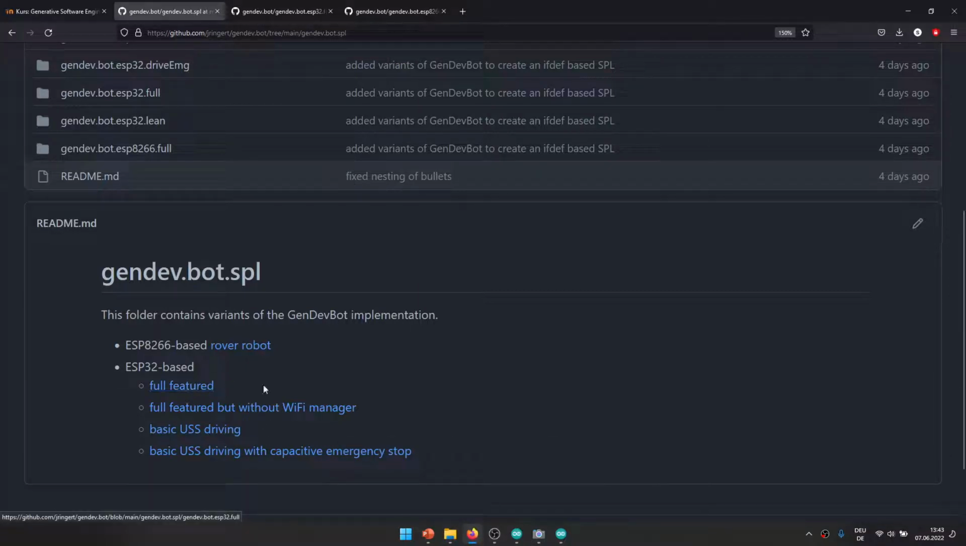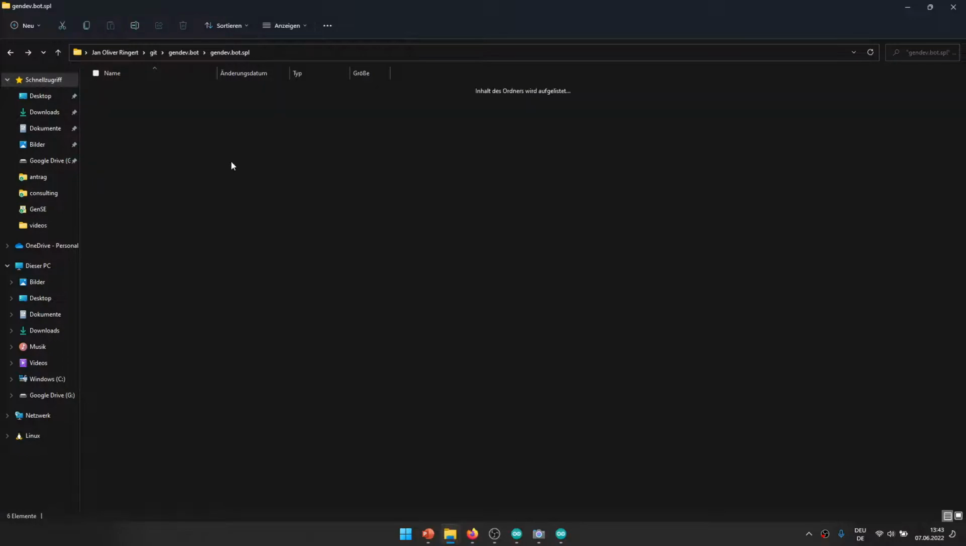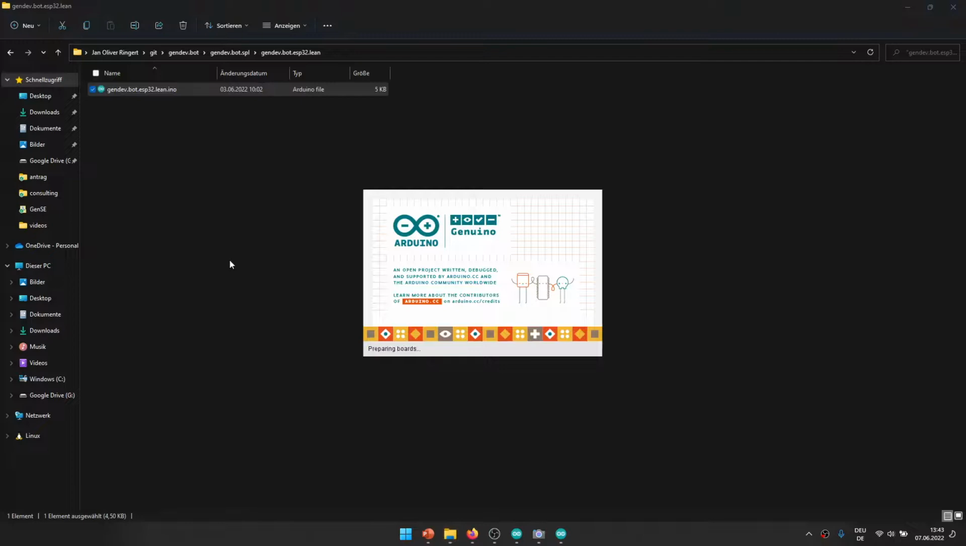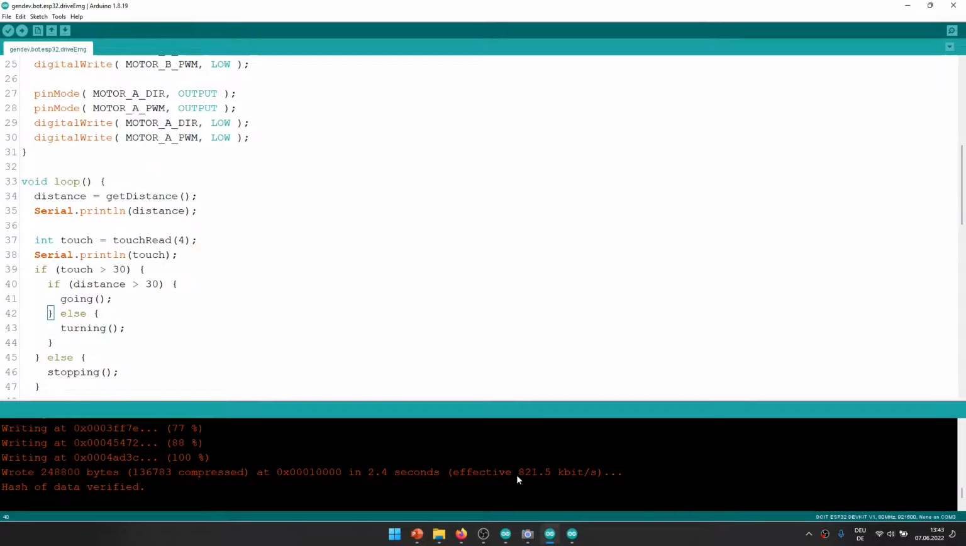So there is another variant here, which is a full featured one, which has everything that we used in the previous sessions. Then there's one which is called Lean. So what we can observe is that